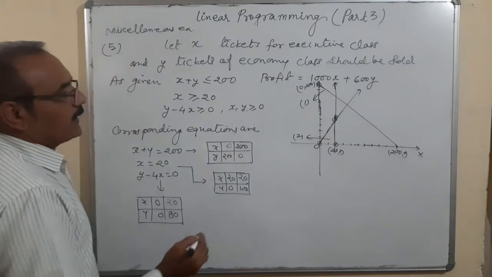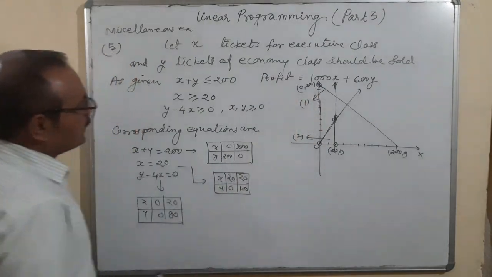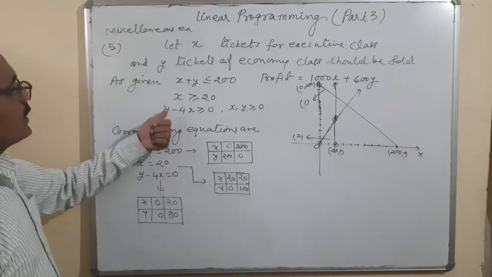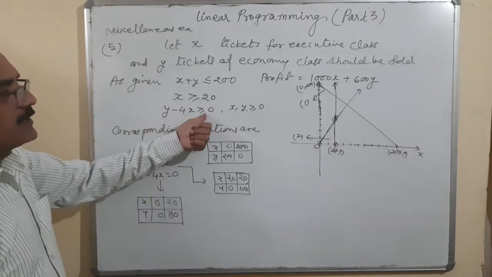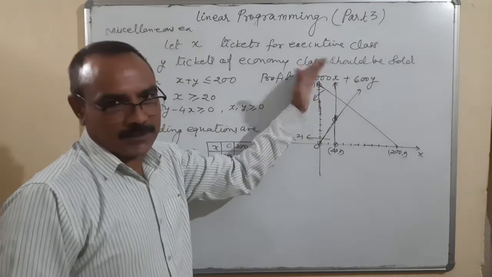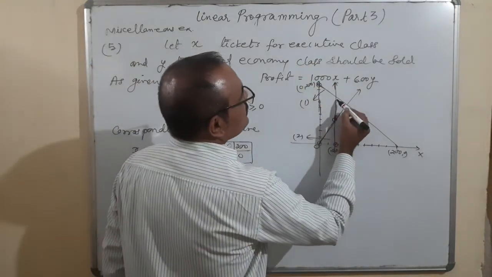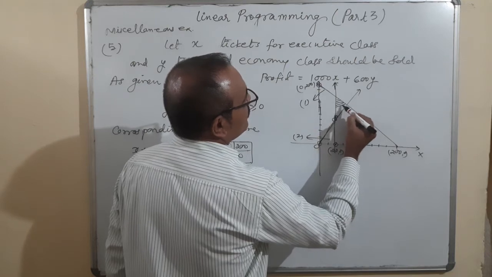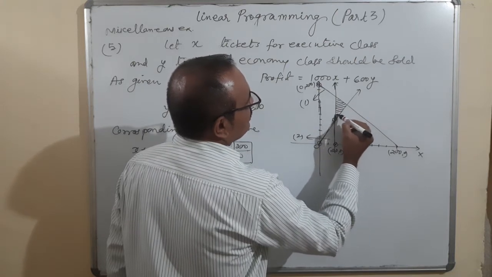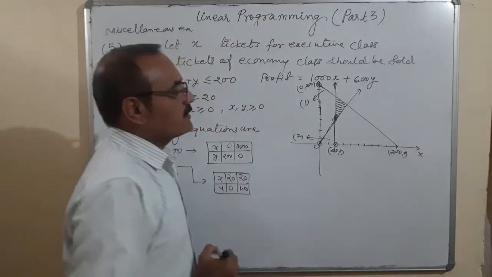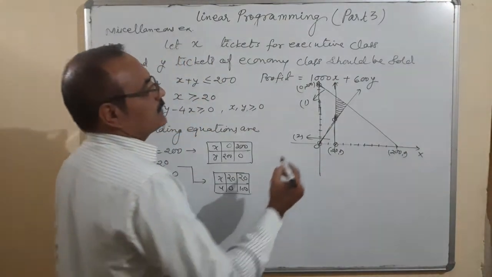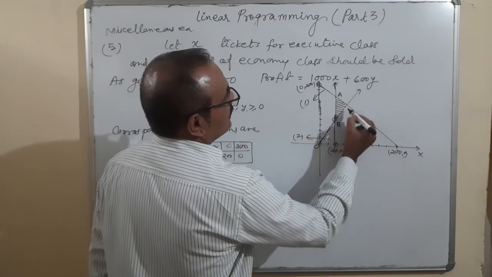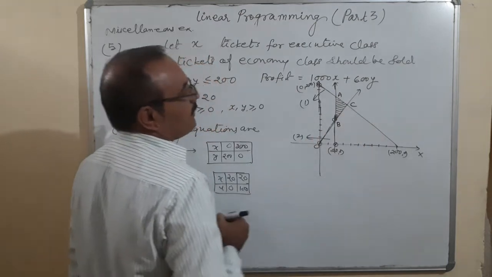Suppose when I put any value here 0, 200, I want to take x 0 and y 200. Okay, so 200 minus 0, it is 200 greater than 0. Okay, so this portion is here. So that is the portion which is treated as an optimal region. Okay, this is an optimal region. There are 3 points I want to take here. It is A, B, and C.